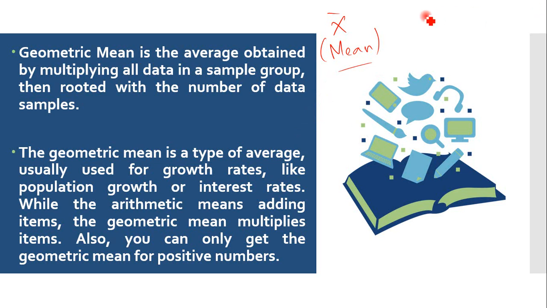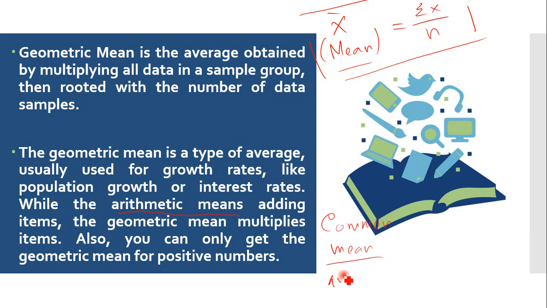Okay, x bar is sigma x divided by n. This is actually what is meant by arithmetic mean. So I want you to know that the common mean or the common average